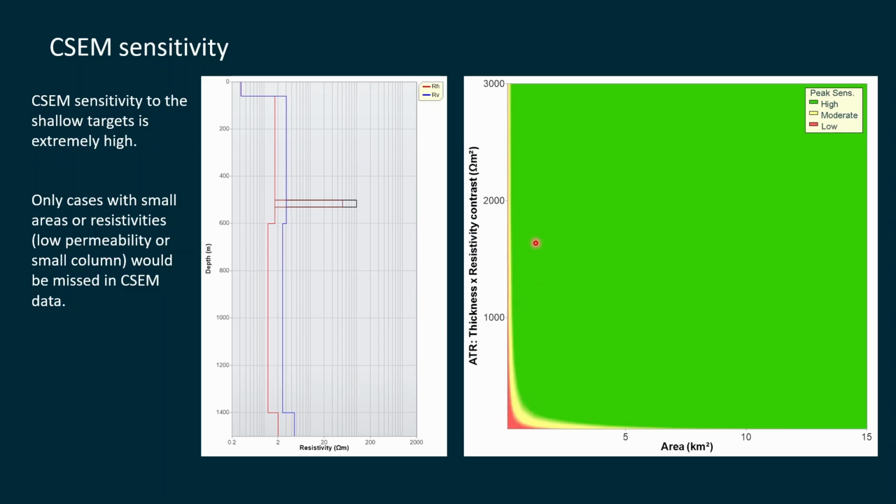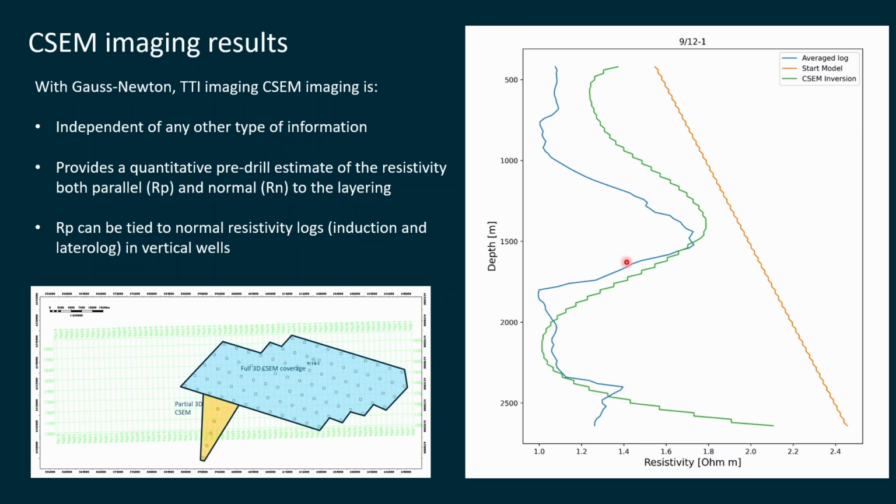So we are going to see an awful lot of detail on these reservoirs. That's what we know for sure. It's not necessary to have this extremely high sensitivity, but what you will see is that in the EM data, even the smallest of features will actually pop up and we will be able to analyze them, which is quite cool. So let's have a look at some QC metrics of the CSEM imaging, and among others, one of